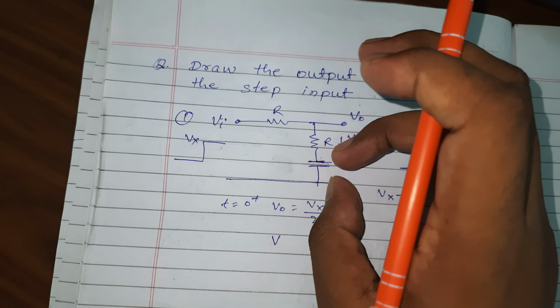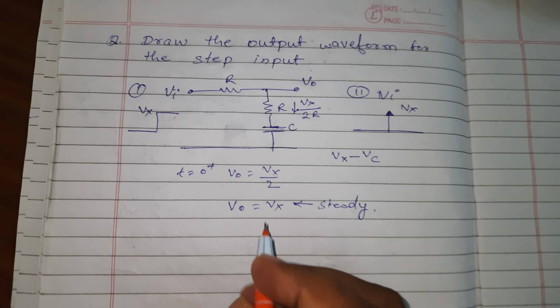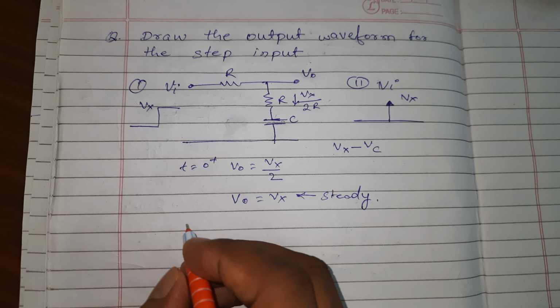So now I will draw the output waveform for this circuit. This is an RC circuit. If you short this, this resistor will be in series and there is only one capacitor. So this is a first order RC circuit. For any first order RC circuit, we need voltages V0 plus and V infinity and the time constant to plot any waveform.